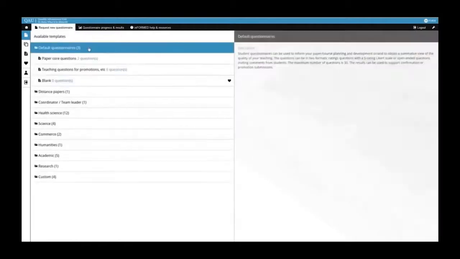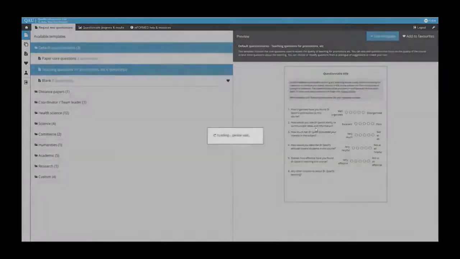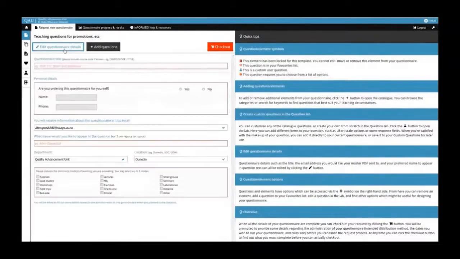This video will take you through the steps of ordering a questionnaire on behalf of someone else. It assumes that you have already selected the template and questions and are ready to move on to the Edit Questionnaire Details section. All the boxes outlined in red here must be completed for you to be able to move